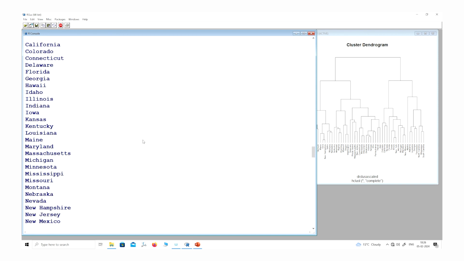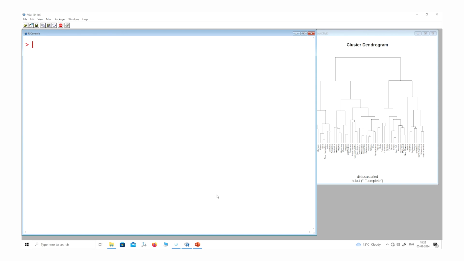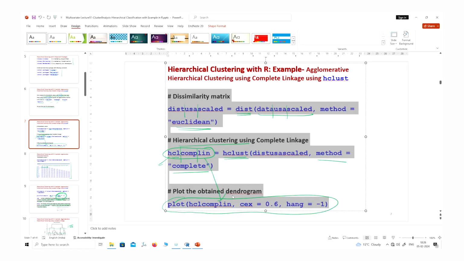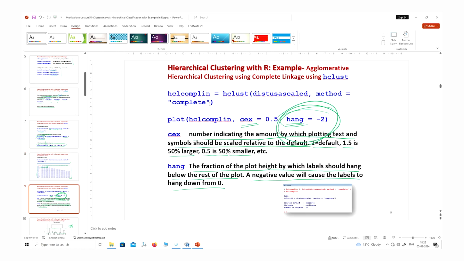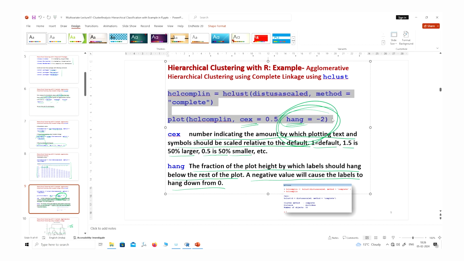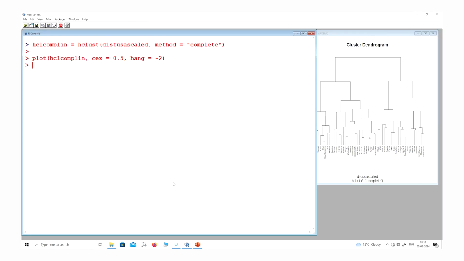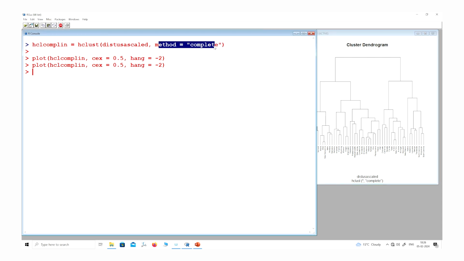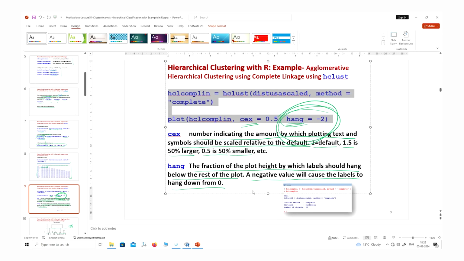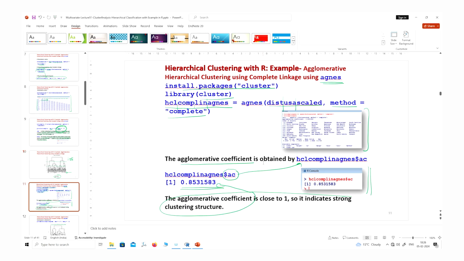Anyway, I had given you this screenshot with a very small font. Now I use this dendrogram, and for that I create it here. If you want to recreate it, you can use this command. So this is the dendrogram using the method complete. This is what I wanted to show you.